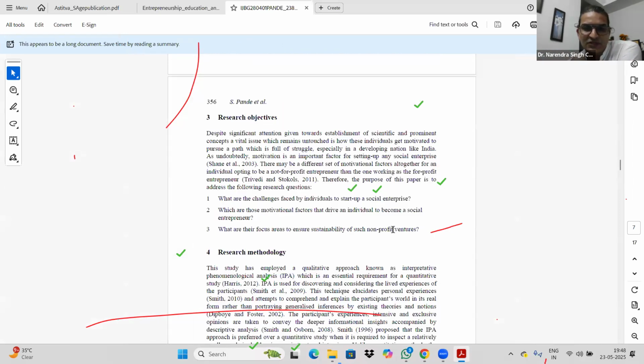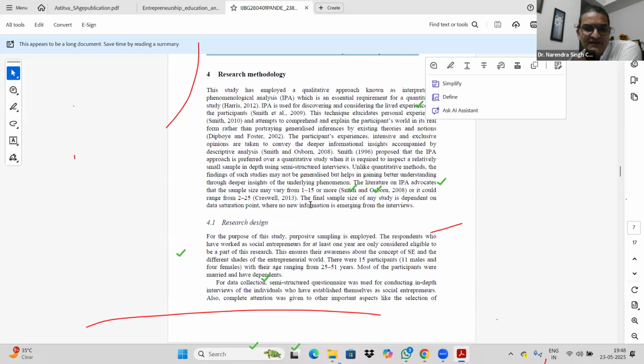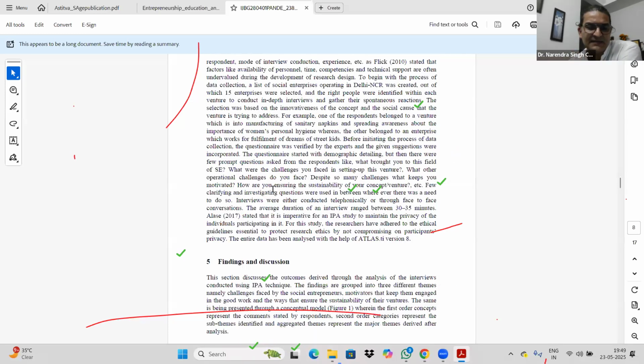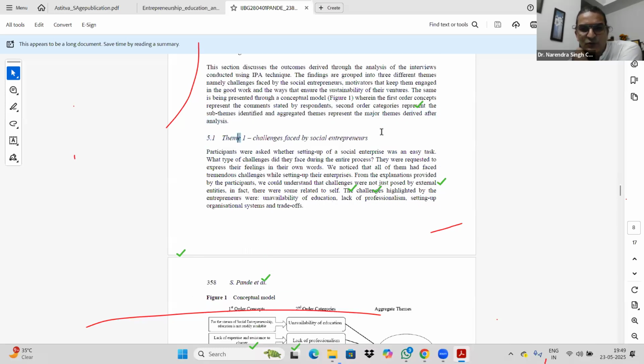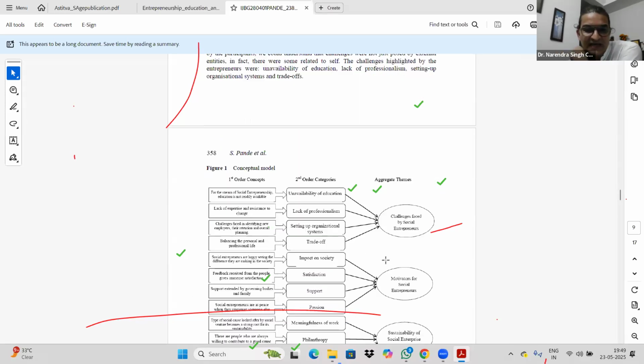So these are the research objectives, methodology we have discussed, research design we have discussed. These are my own papers. So theme one, challenges faced. So these are two major themes, and under the major themes we have put